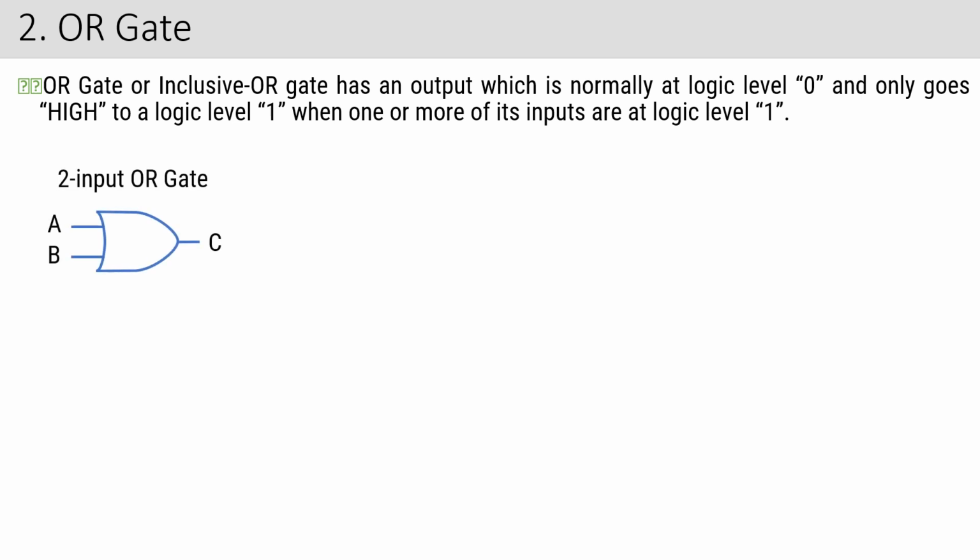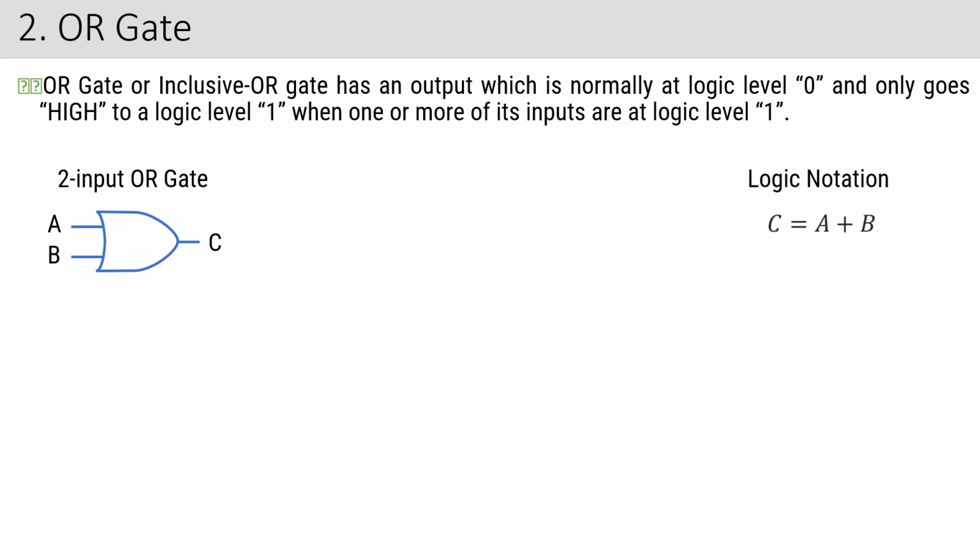Okay, so this is the symbol for a two input OR gate. If you see the difference between this and an AND gate, in case of AND I have drawn it straight, but here it is a little curved. For OR gate it is a little curved. So we may ask you in the examination this question also: draw the logic symbol for an OR gate. So this is the symbol for an OR gate. A, B are the two inputs and C is my output. Okay. Now, what is the logic notation?